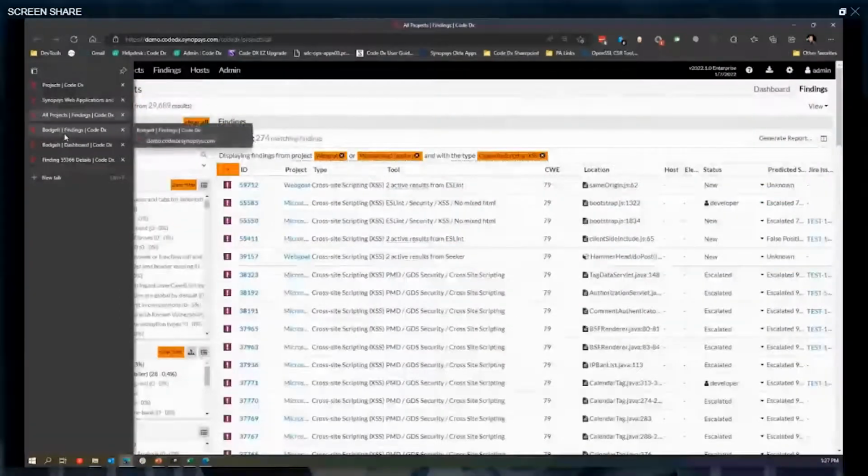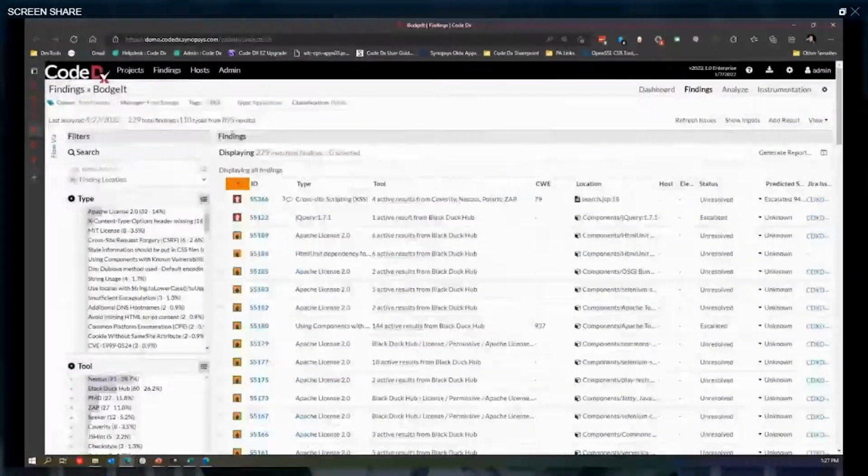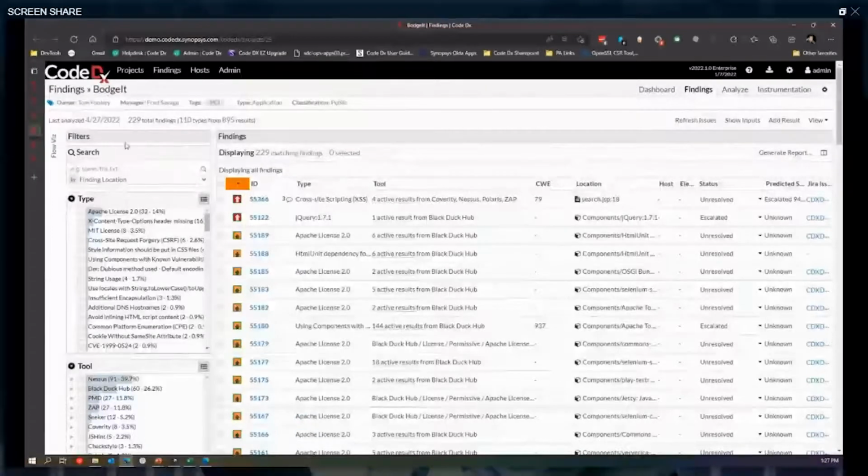So that said, I'm going to jump into one application here called Budget. This Budget application is similar to WebGoat in that it allows you to view data across one application. Rather, it's a purposely built vulnerable application that allows you to hack the application and do some training on it. But in this case, I'm going to look at this and we can see that there are